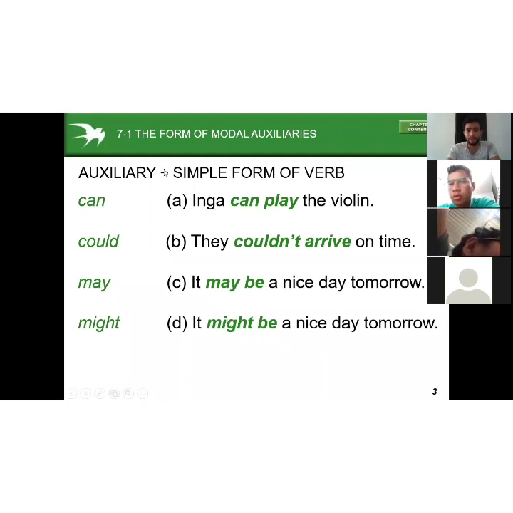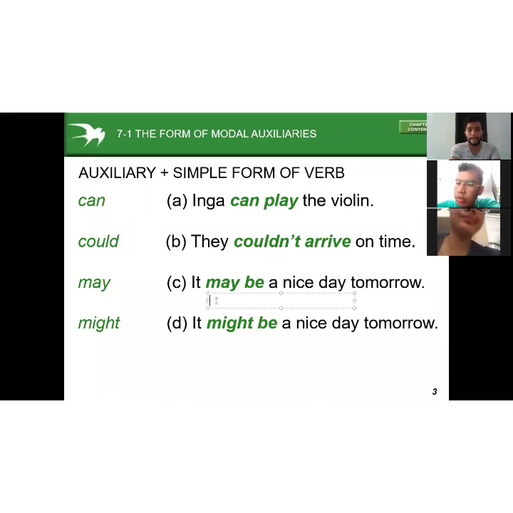Yes. And we have may. I can say that may is more grounded to reality, and it's a possibility that